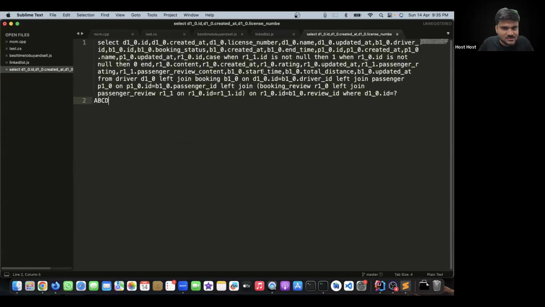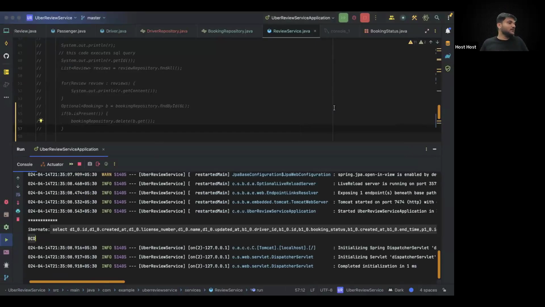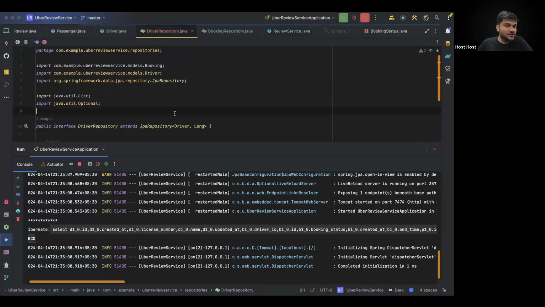What is happening inside this query? If you carefully see, there is a join that is happening between the driver, the passenger, and the corresponding booking. Can I say that? I just wanted the detail of a driver. What this has done for us is it has not only fetched the details of the driver, but it